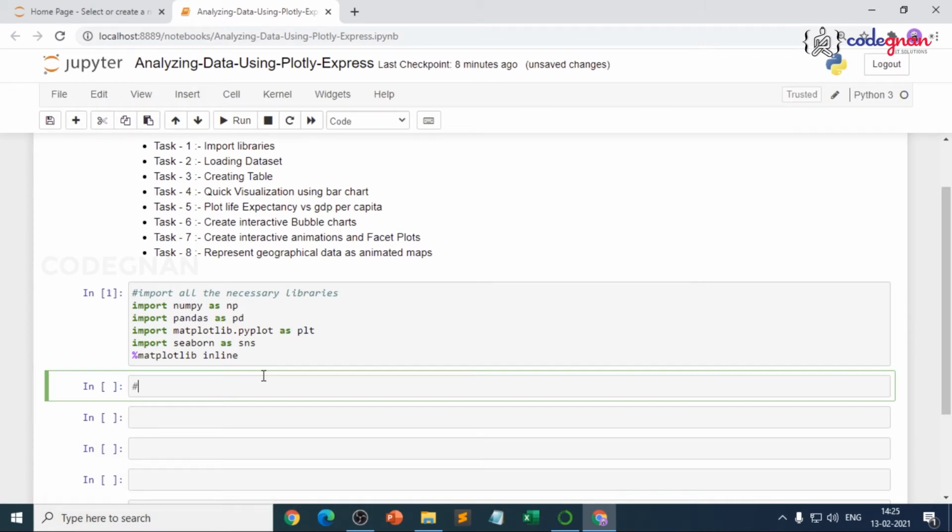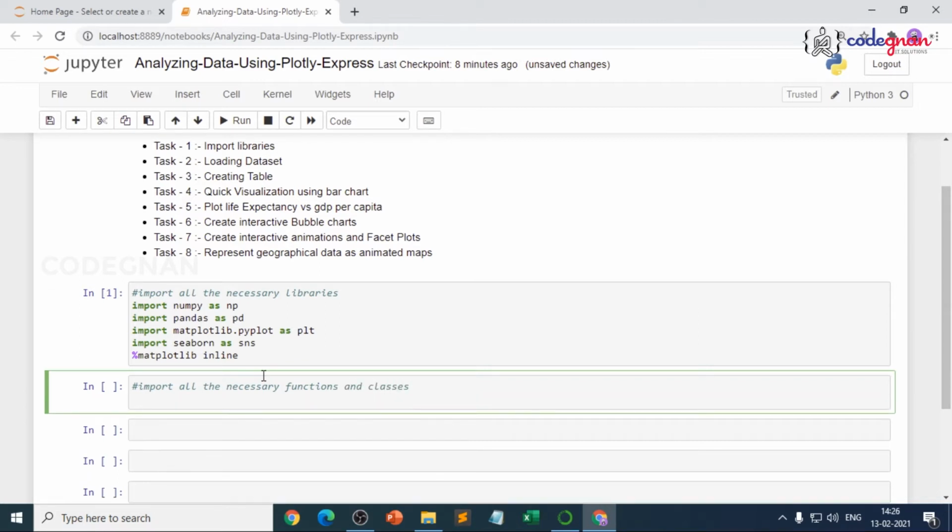So now we are going to import all the classes and functions from plotly. So, import all the necessary functions and classes from plotly. Now here we'll write import plotly, and we'll be using plotly express so that you can get comfortable with iplot or plotly express.